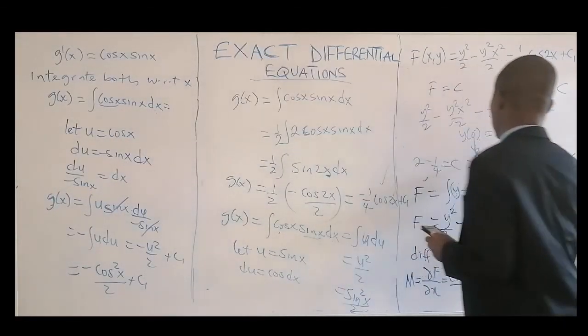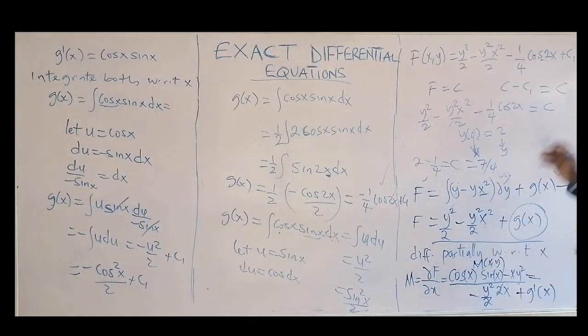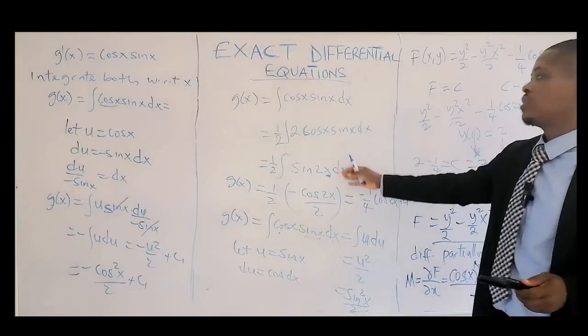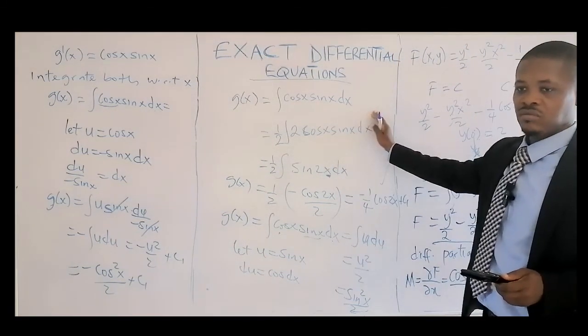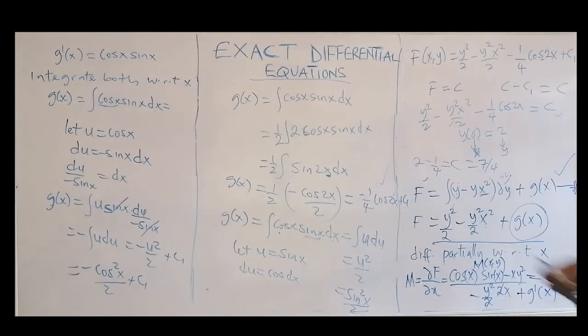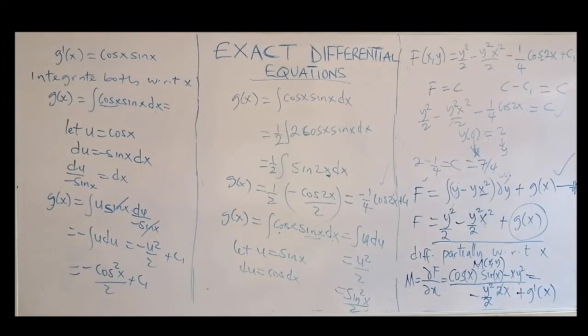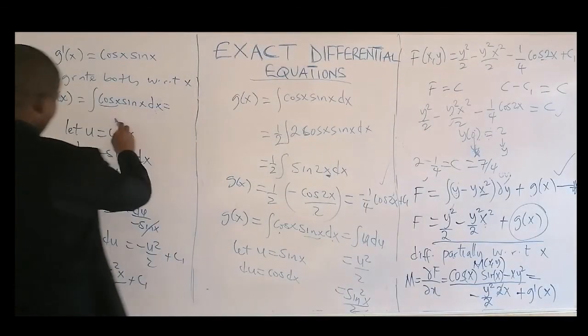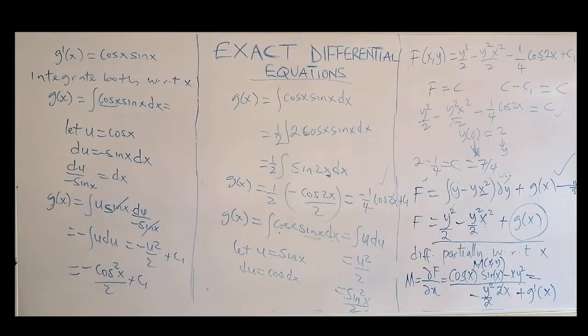So there may be little alteration in your value of c. It doesn't matter. Your step is what is most important. So c is 7 over 4. Just come back here and put it there. So that's proof that you can solve it this way. That's just my additional comment on that g of x and how to solve it. It's just basically integration. So that's that.